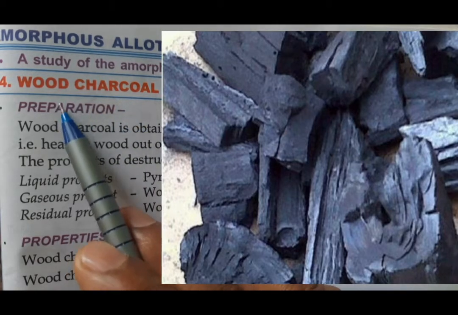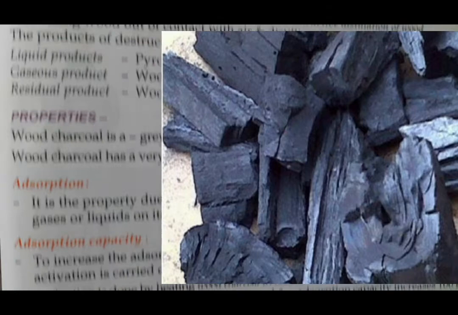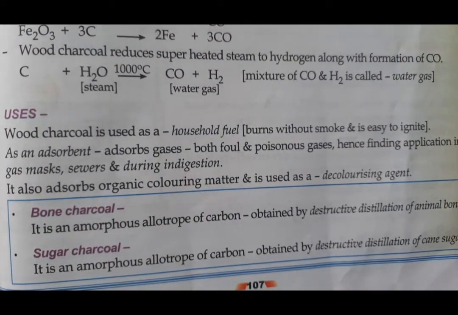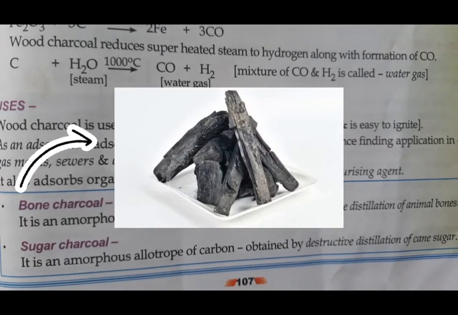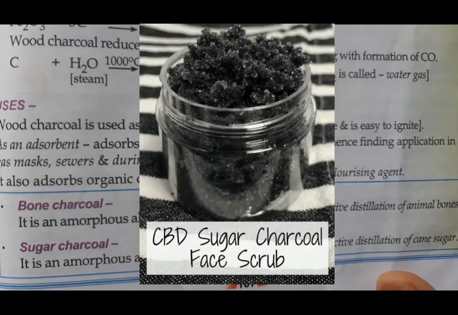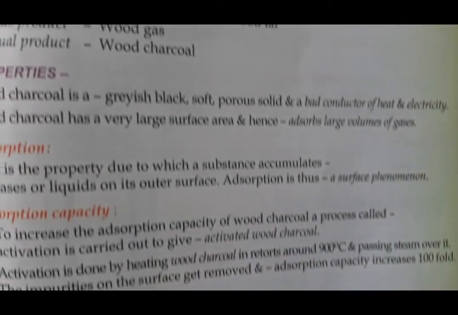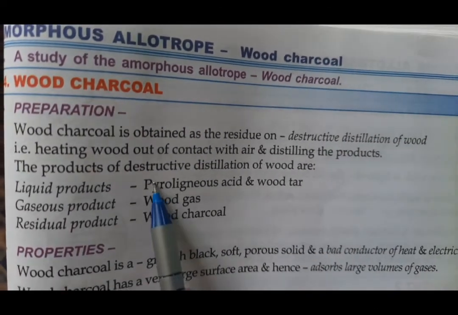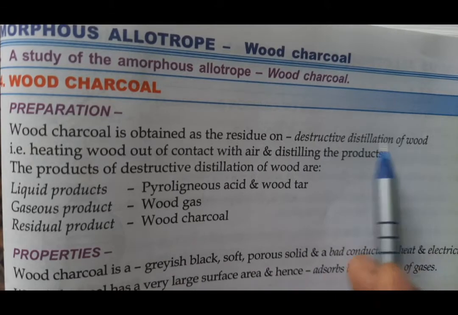One is wood charcoal, the other ones are bone charcoal and sugar charcoal, on page 107. But we hardly discuss bone and sugar charcoal; mostly we discuss wood charcoal, students. Do remember, wood charcoal is obtained by destructive distillation of wood, and I have already told you the